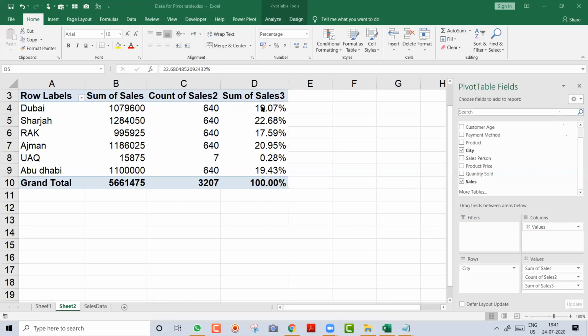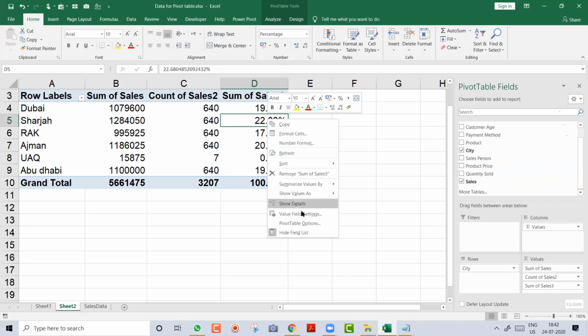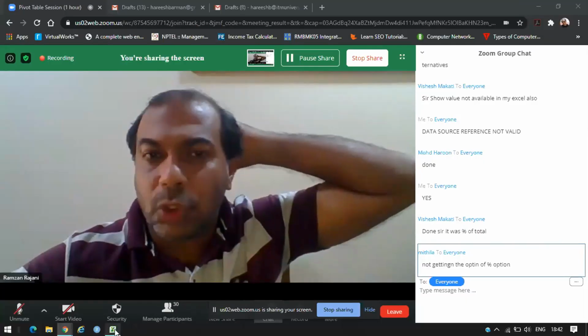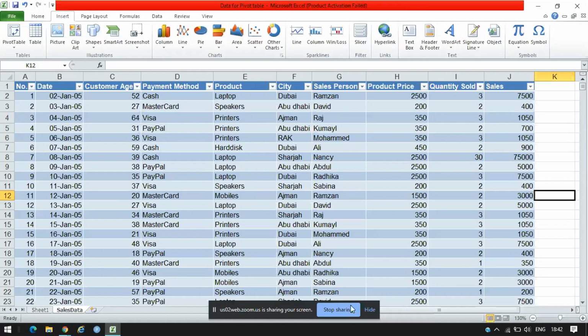Mitali is not getting the percentage option. You right click, Mitali, like this and say value field setting. In that, go to show value as, and here you will get, my friend, percent of column total or grand total. Sorry, JK, can you try sharing the screen once again?